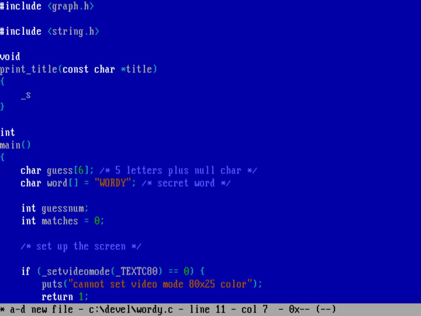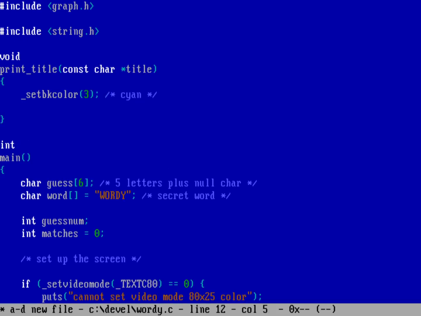So for that, I need to set my background color, because once I clear the screen, it's going to clear it with the background color. So that background color is going to be, since I've got blue as my main color for the screen, let's set this one to be 3. That's going to be cyan. And now I can go ahead and